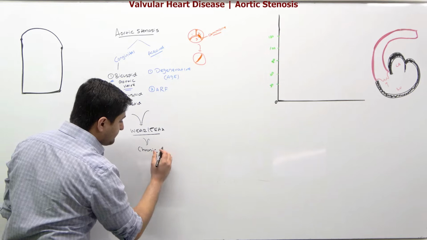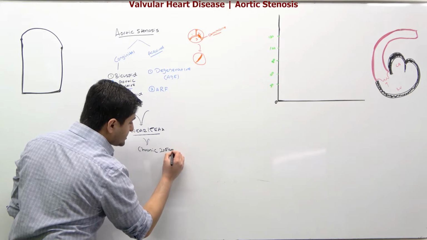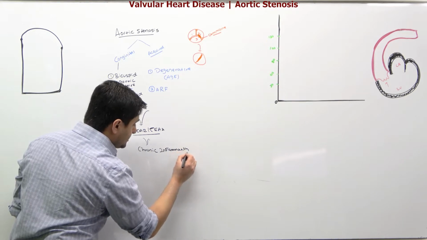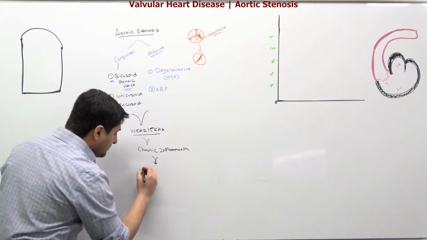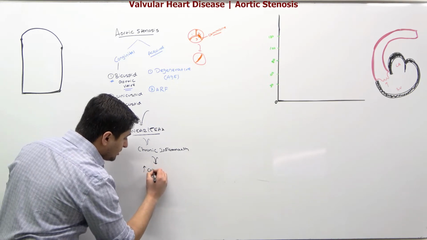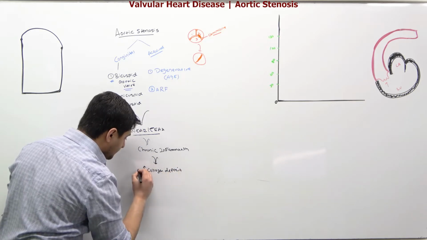And from your pathology, with chronic inflammation, as the valve gets all this wear and tear, slowly what happens is that, because of the inflammation, there will be an increase in collagen getting deposited on your valve, plus